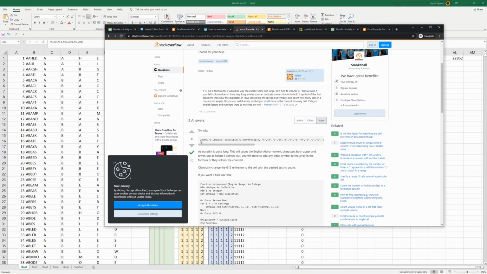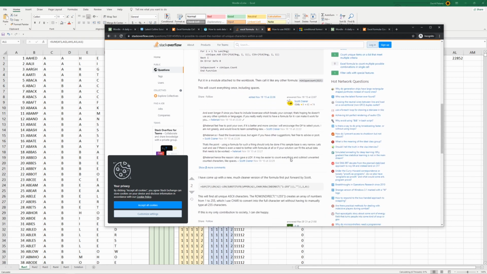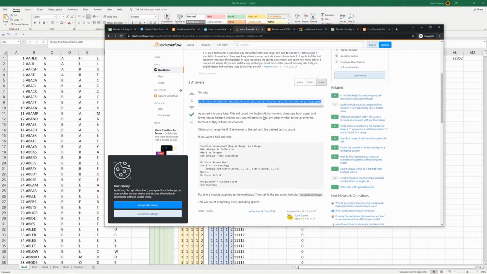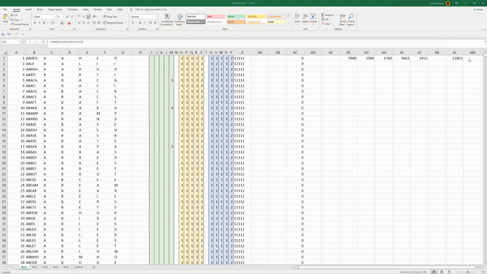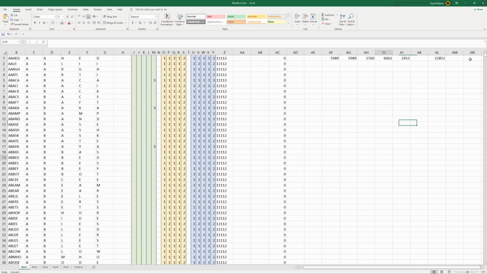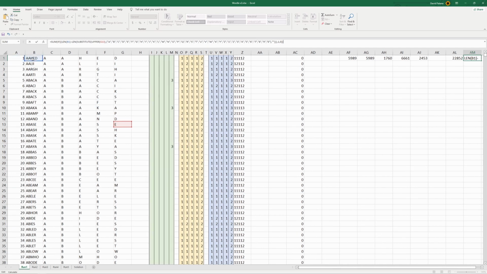I just go to this link over here, and I use this particular code that has the name this particular viewer has posted here, and I just copy paste this particular formula. Let me just minimize that again. If I copy paste this formula into here, and instead of G13 I just selected this square over here,